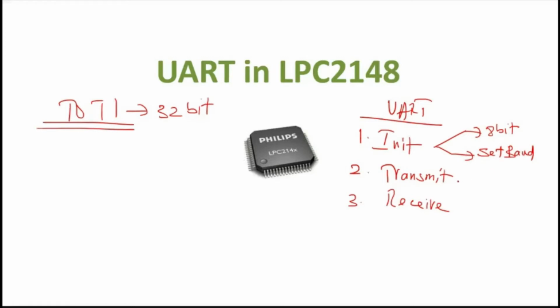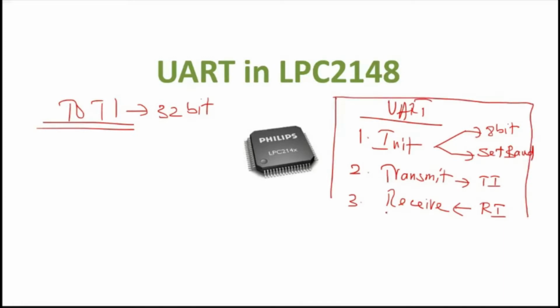And then transmitting the data is where the user puts the information into the serial buffer, where it is serially clocked out. And you know the completion of transmission by using transmit interrupt flag. In reception, the data will come from the user, and the received information is available in the serial buffer, and the RI flag is used for an indication that the data is available in the serial buffer, so with which we can retrieve the data from serial buffer. So these are the three important things that we discussed in 8051 microcontrollers UART communication.